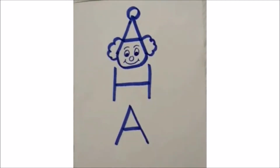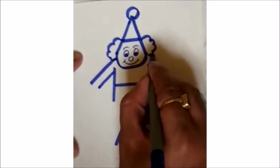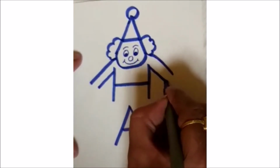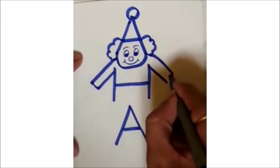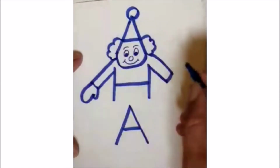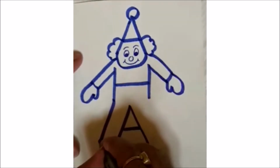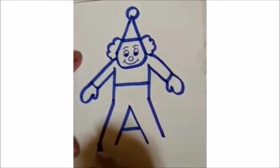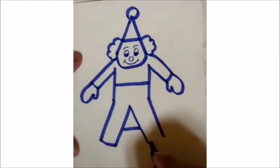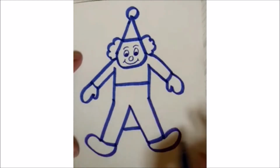of the joker. Now again I am going to take a thick marker for the hand, one slanting line going towards the downside, one more slanting line on the opposite side, one curve for the finishing of the hands, one curve for the thumb and the hand, again the same thing on the opposite side, one slanting line for showing the pant, one slanting line for showing the pant, one curve for the finishing of the pant, one more curve for the finishing of the pant, one curve for the swoosh, one curve for the shoes, and a sloping line